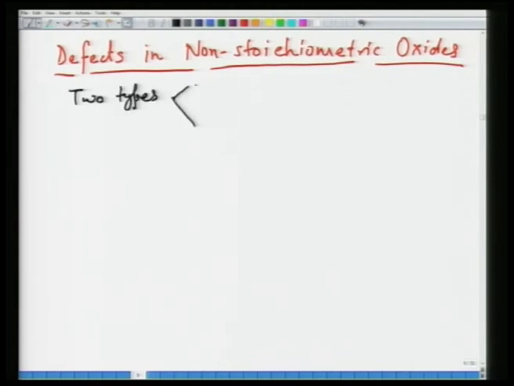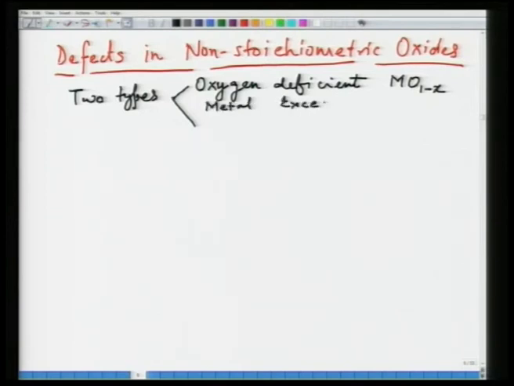First one, you can have oxygen deficient. Oxygen deficient would mean MO1 minus X. What it also means is that it could be metal excess. So, here I can write M1 minus YO. So, metal deficient or oxygen deficient or metal excess are typically in the same category, and the second could be